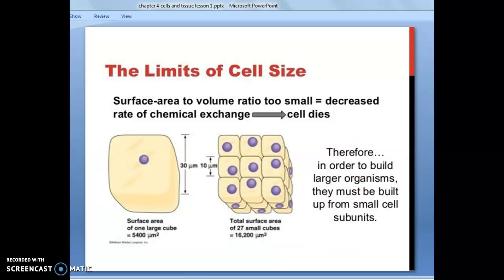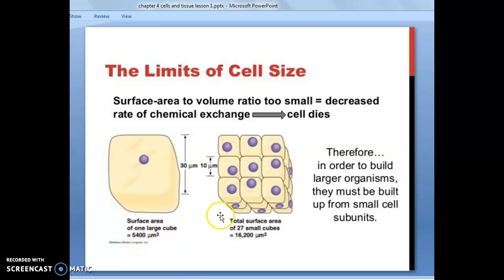Now we have another example. This example is exactly like the one which has been given in your textbook. We are going to consider two boxes, right? So a surface area to volume ratio that is too small means decreased rate of chemical exchange and the cell can die. Okay, so here we have one large box with one side of 30 micrometers, and it is going to have a surface area of this large cube of 5400